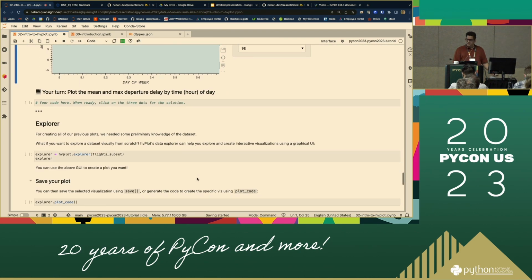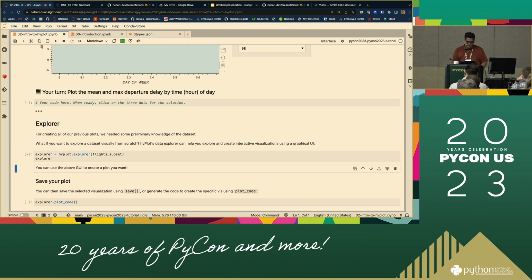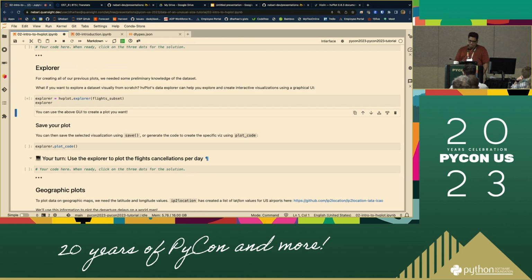Another thing it gives you, I don't use this as much, but with hvPlot you can just give it a Pandas DataFrame, and it will give you a little Explorer interface on it. So if you click hvPlot.explorer, it will give you, in a couple of seconds,